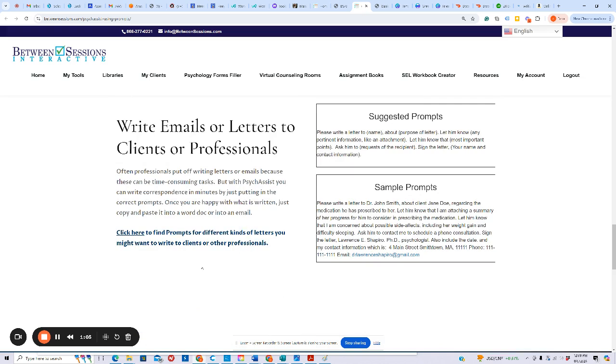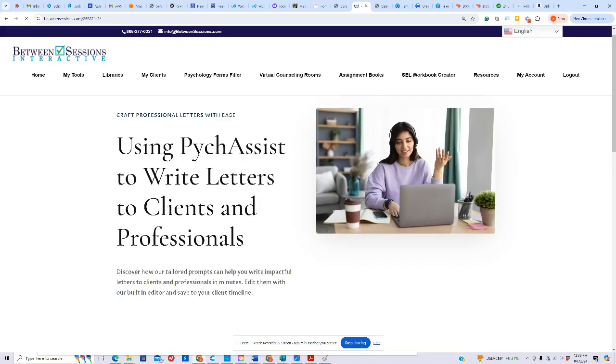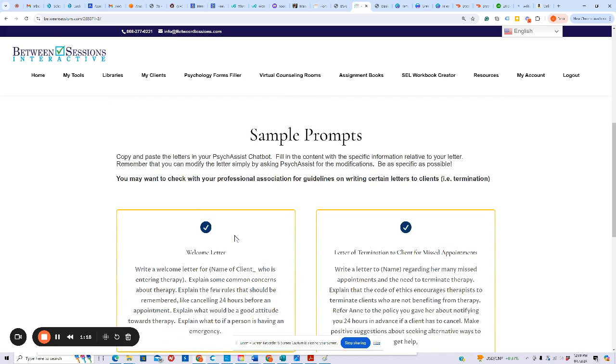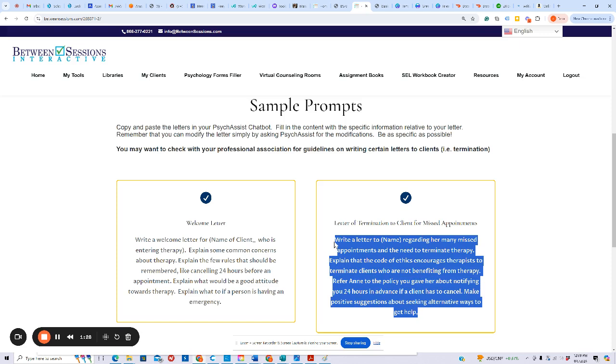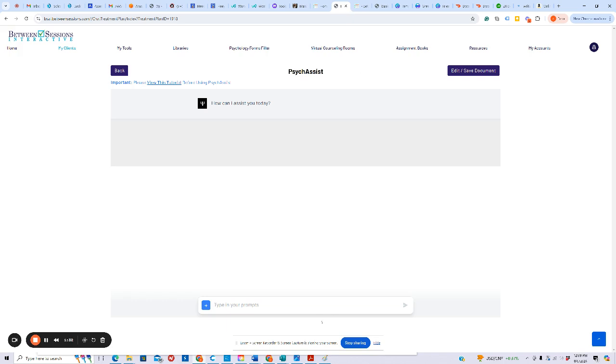Now, we have some suggested prompts here for just one letter, but what we're doing is adding prompts for different letters. So you're going to want to click over here, click to find different prompts. And here we've started just to add a welcome letter, termination letter for clients for missed appointments. So let's go ahead and try this one. And we'll just go ahead and copy, Control C, and then paste, Control V,